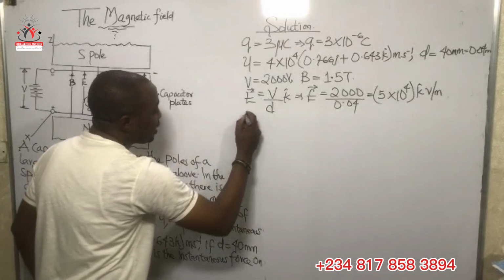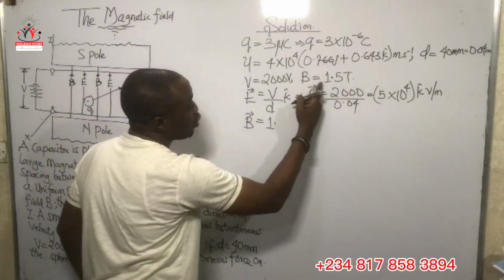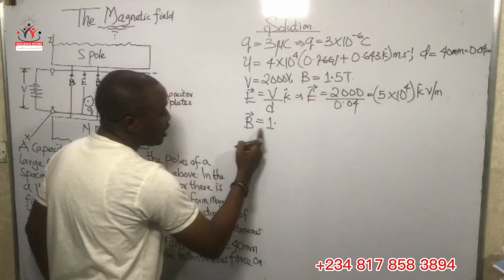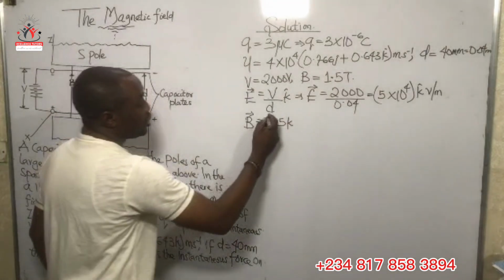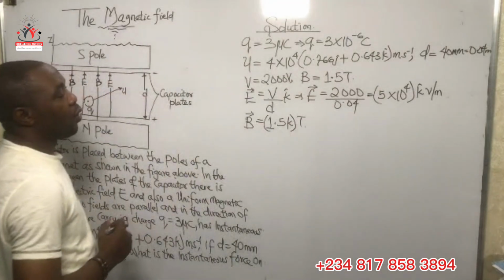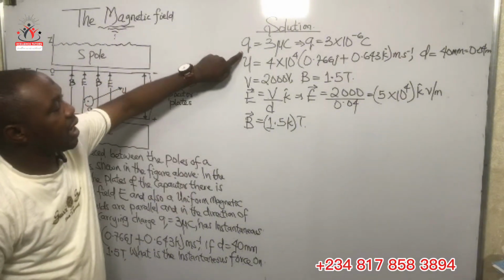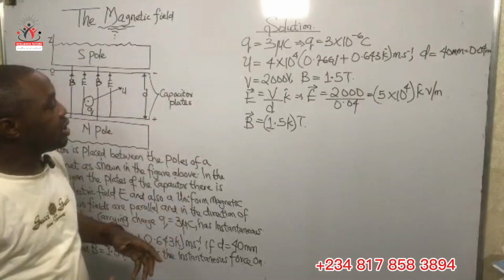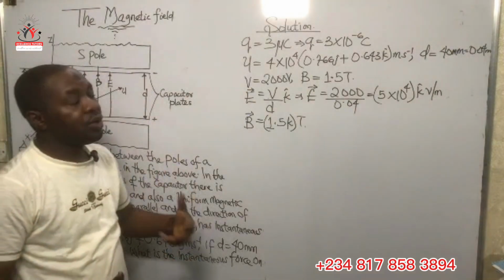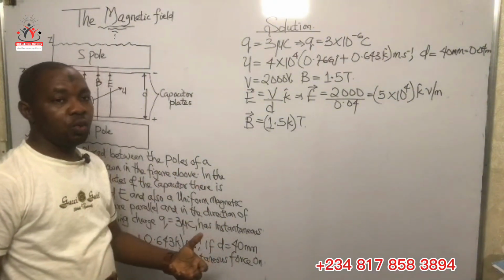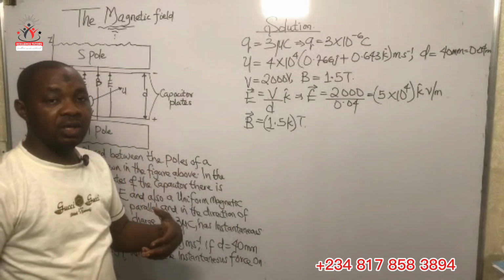Then also the magnetic field vector, because we are given the magnitude of B to be 1.5 Tesla, the magnetic field vector in the direction of Z will be 1.5 K, and the unit of this is the Tesla. Now we can see that the electric charge exists in the region of both the electric field and the magnetic field. So the electric charge will experience a force whose magnitude will be equal to the vector sum of the electric force and the